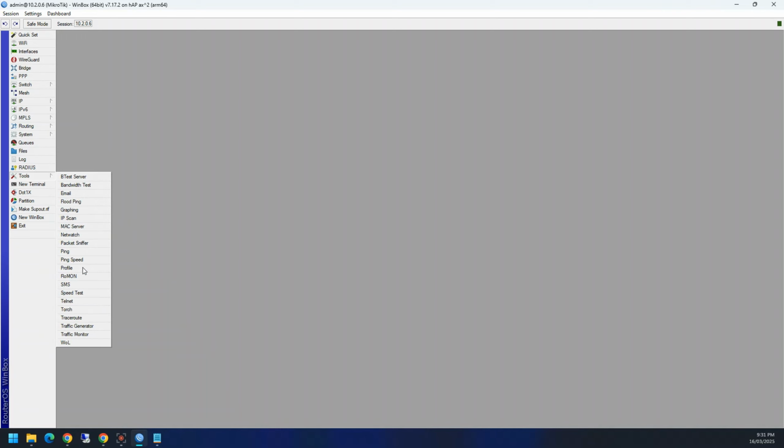Tools, probably worth mentioning. I've done a separate video about my top 5 tools to use, but there's heaps of stuff in here. You can obviously ping and stuff on the terminal, but you can set up an email server, details in there, so you can have the MikroTik send emails. You've got the bandwidth test stuff. You can do graphing, IP scans. NetWatch is basically a way of monitoring an IP address and then triggering based on if it's up or down. Ping,